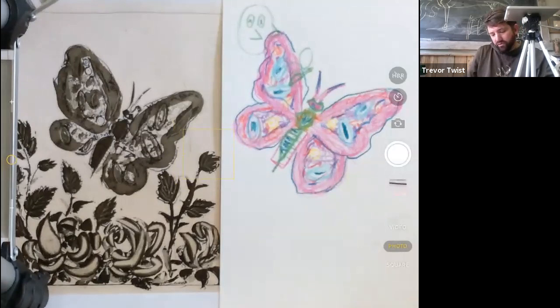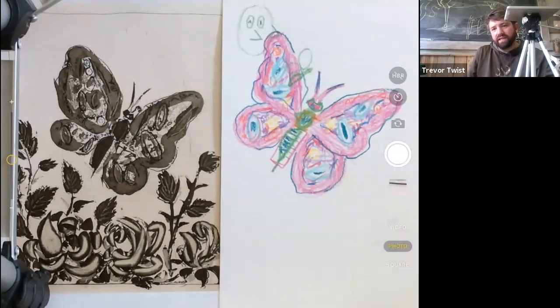And this is where people talk about abstraction and representation. One of my teachers said all art is abstract, and I thought, oh, I don't see that. But what he was saying is that art is, the idea is that,